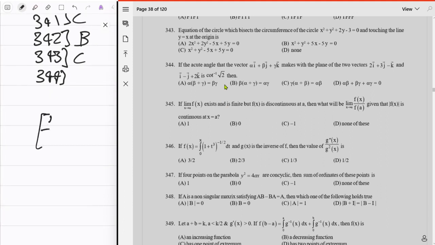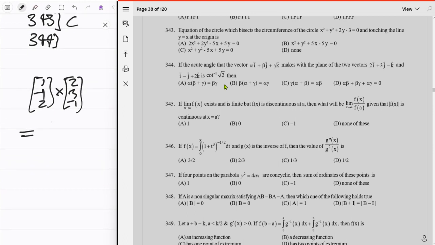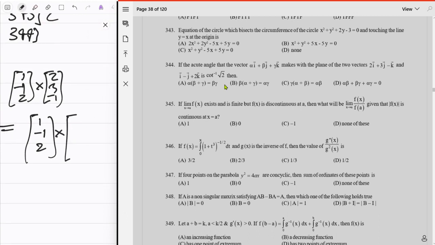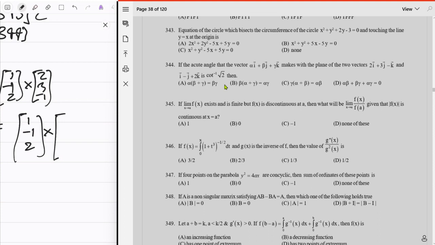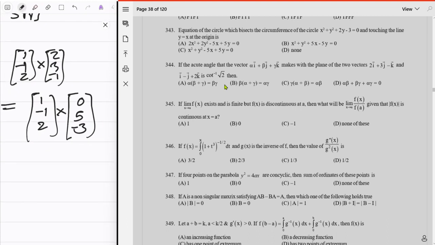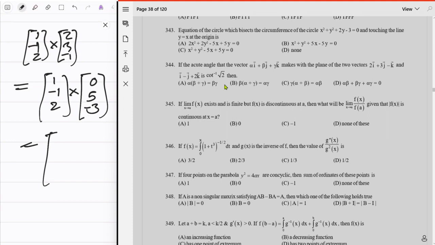What is our normal? It's just 1 negative 1 2 crossed with 2 3 negative 1 I believe, which is like इसका 2 करके सब ब्रैकेट डाल देंगे, just 1 negative 1 2 cross. Should we do that? I guess we should. Like just can also do 3 times of that and plus this guy जो भी है 0 5. तो या जो भी है just deal with the thing which is what 3 minus 10 which is just negative 7. फिर क्या आएगा,